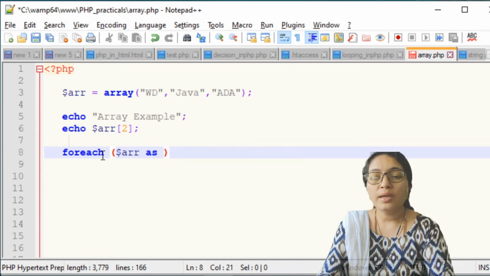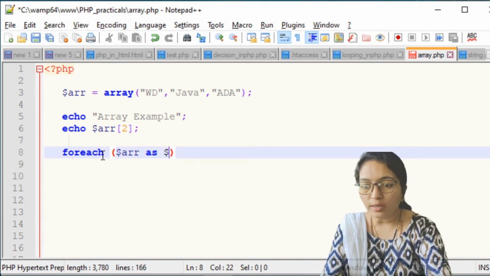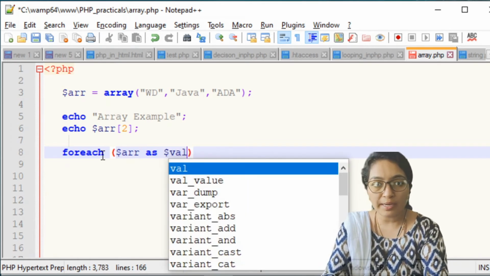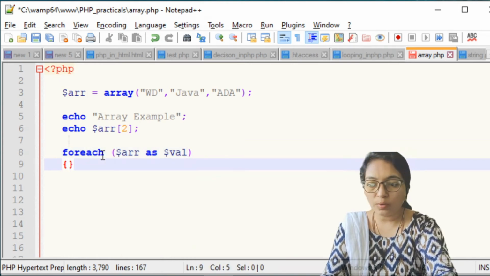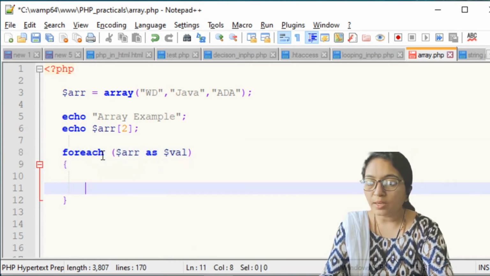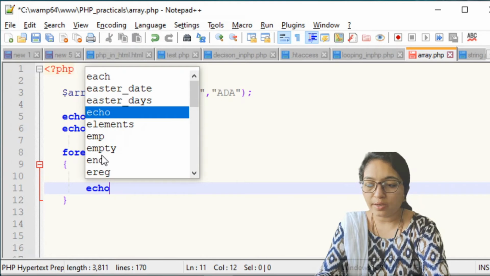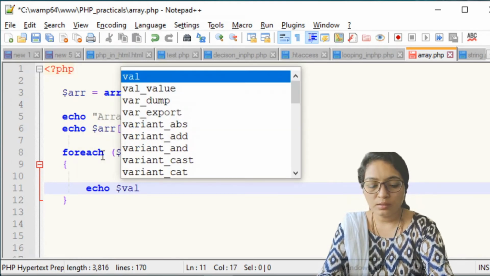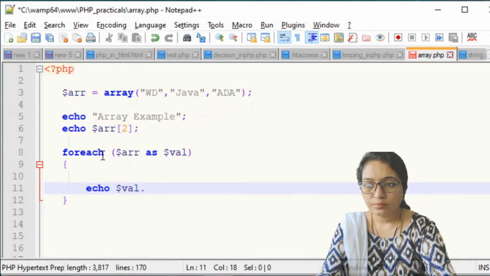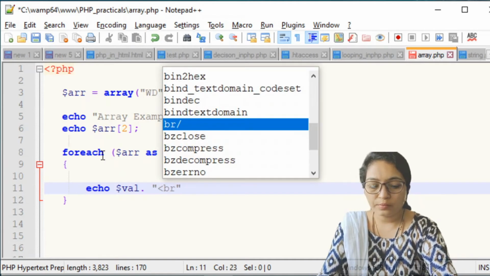Here you have to write $ and any variable name. Suppose I am writing $well. Now in the opening and closing brackets, you have to print the array. So echo $well, and here you can write br.